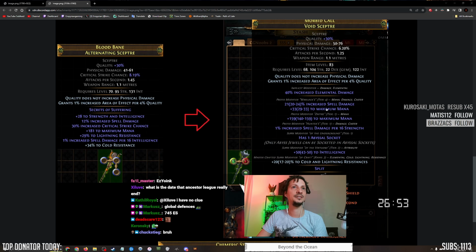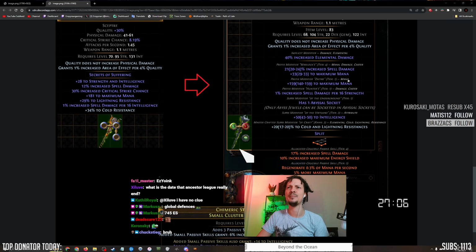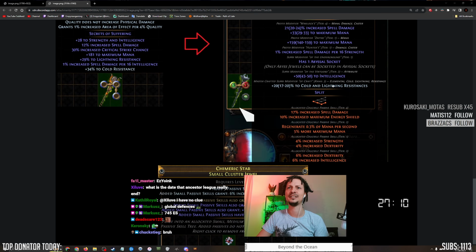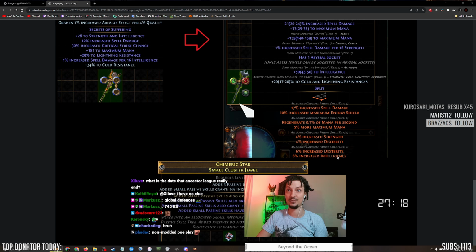And then there is a scepter here, Secrets of Suffering. That turned into a Crucible Scepter. Elemental damage, spell damage, mana, spell damage per strength, abyssal socket, int, double res, and then spell damage, percent ES, percent mana, percent strength, percent dex, percent int,